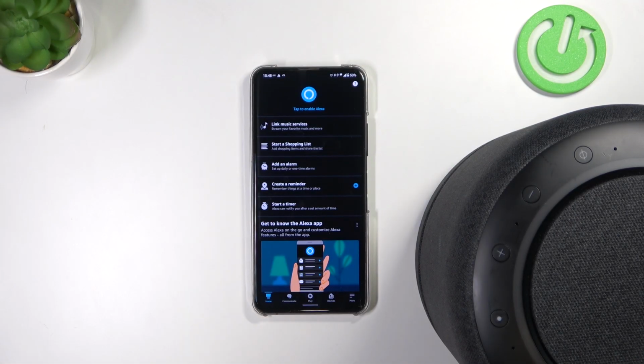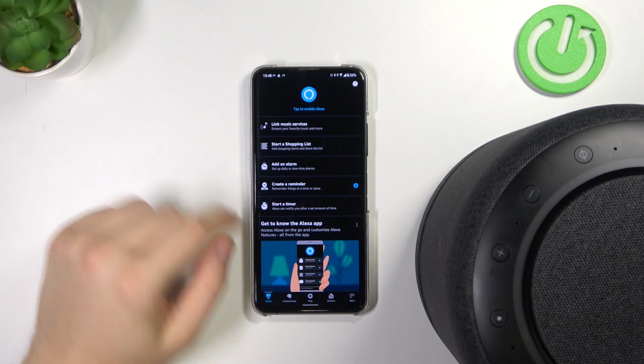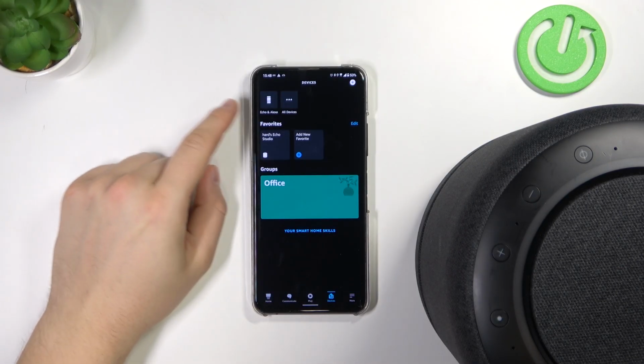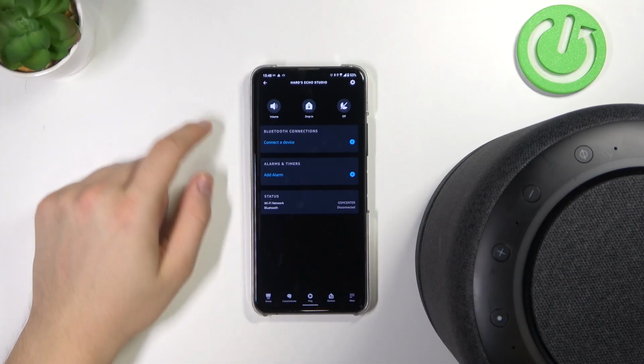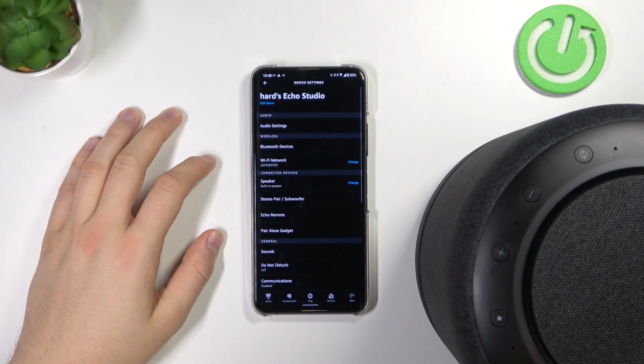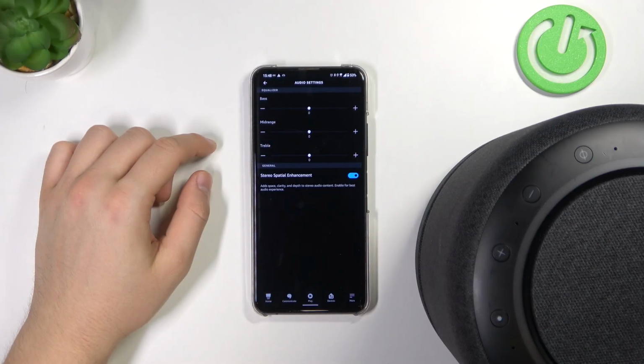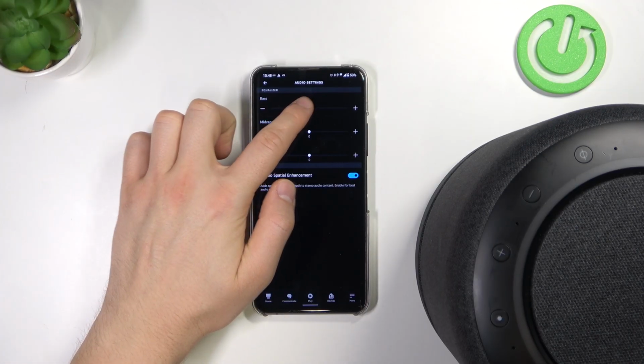Welcome. If you want to open Sound Equalizer in your Amazon Echo Studio, at first you have to open the Devices tab. Next you have to go for your device and select Settings. Right now go for Audio Settings, and in this place you can find Equalizer, where you can change the bass,